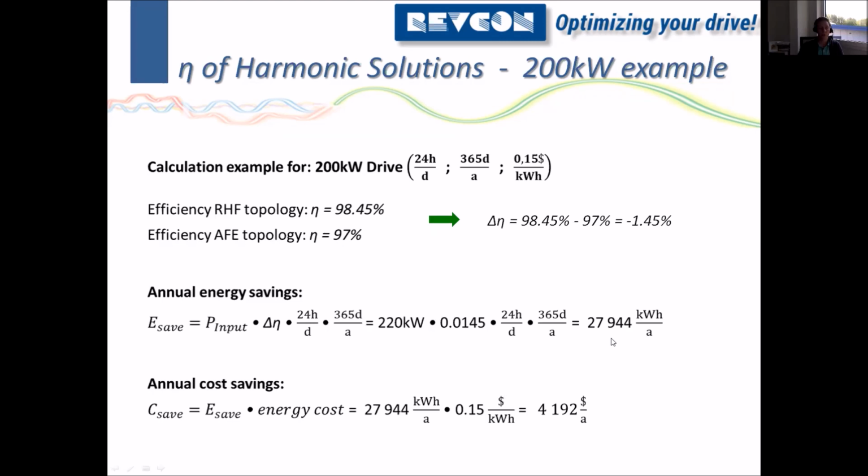It may be different in the future when we have the 3-level design of active front end, then it might be a different point of view. But at the moment, I would never use active front end as a harmonic solution, because you pay 3 times. First of all, you pay during the installation, as your active front-end solution will be more expensive. Then you will pay again for the power losses of this technology. And then you will pay a third time, because the design of a passive filter is made for 15 years. So after 7 or 8 years you could replace the standard 6-pulse drive with a new one,